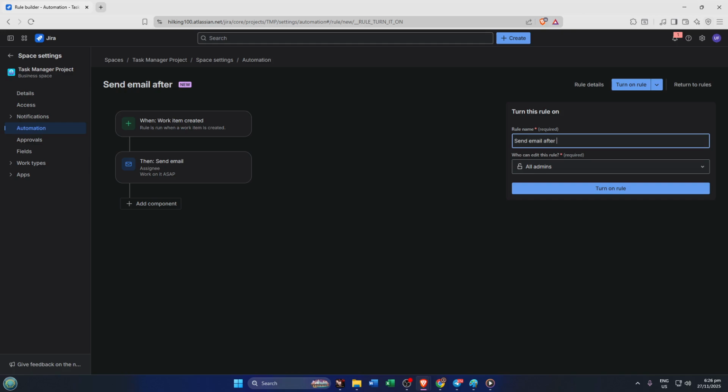With these steps, you've unlocked a more efficient way to use Jira, keeping your team informed automatically and reducing repetitive